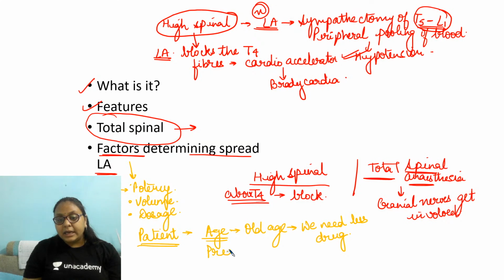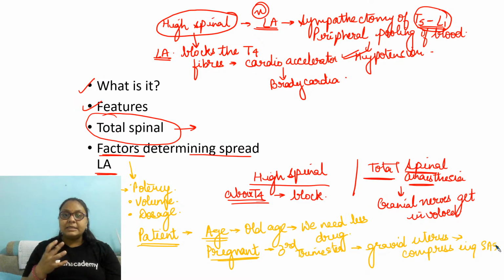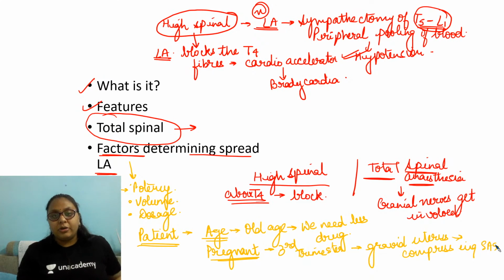What happens in pregnant ladies? Pregnant ladies में स्पेशली थर्ड ट्राइमेस्टर में क्या होता है, यूट्रस, ग्रेविड यूट्रस वो क्या कर रहा है, it is compressing upon the subarachnoid space, and as it is compressing the subarachnoid space, the space is narrower and therefore we need less amount of drug. जैसे फॉर एग्जाम्पल अगर नॉर्मल पेशेंट में हम लोग 4 ml दे रहे हैं, तो प्रेग्नेंट लेडीज में हम लोग सिर्फ 2.5 to 2.8 ml देंगे and we will get a good effect, because in pregnant ladies ये जो ग्रेविड यूट्रस है वो कंप्रेस कर रहा है सबएरेक्नोइड स्पेस को और वो नैरो हो रही है, and therefore we need less amount of drug to produce the effect.